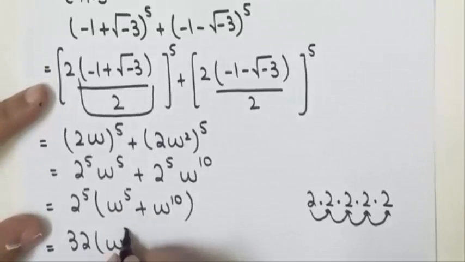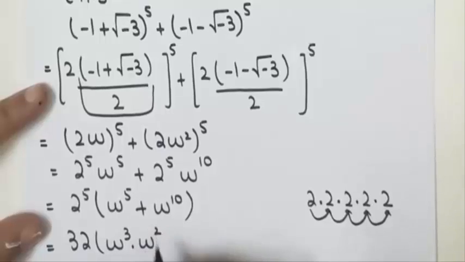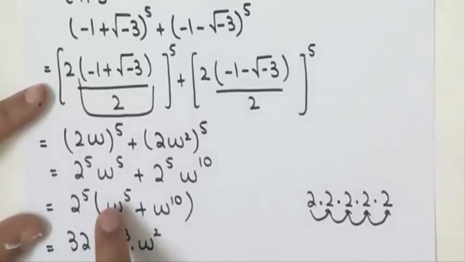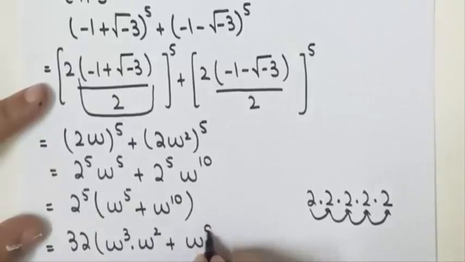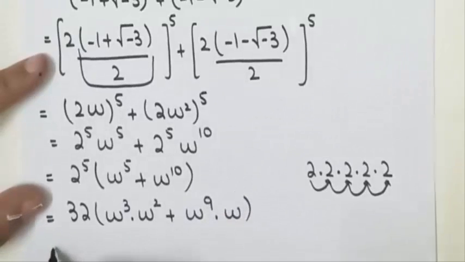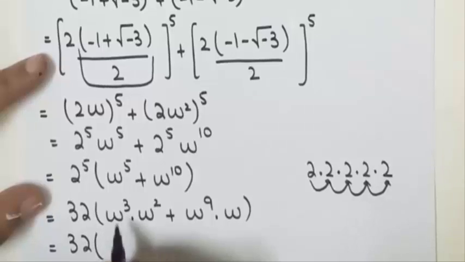Like we can write omega cube into omega square, which is equal to omega 5, and omega 10, which means this is equal to omega 9 into omega. So 32, omega cube is equal to 1, and 1 into omega square is omega square